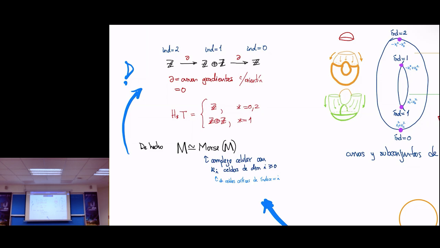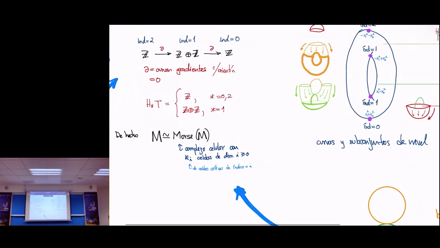So I have to go back to the picture and say that this generator accounts for this generator in dimension 1. So I need to understand how many gradient lines there are from the index 1 critical point to the index 0 critical point. And in this case, there are actually only 2 lines. If you draw that,